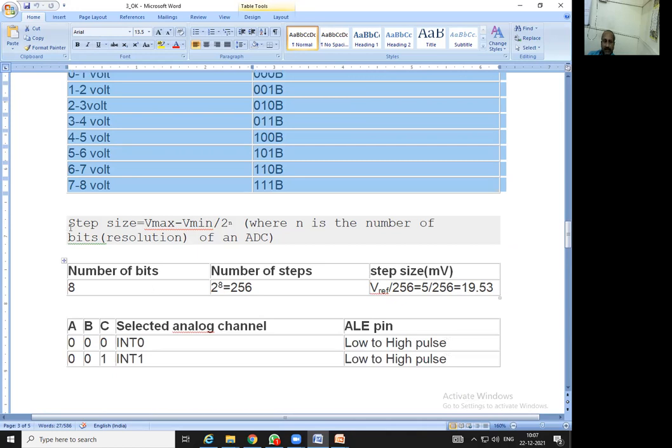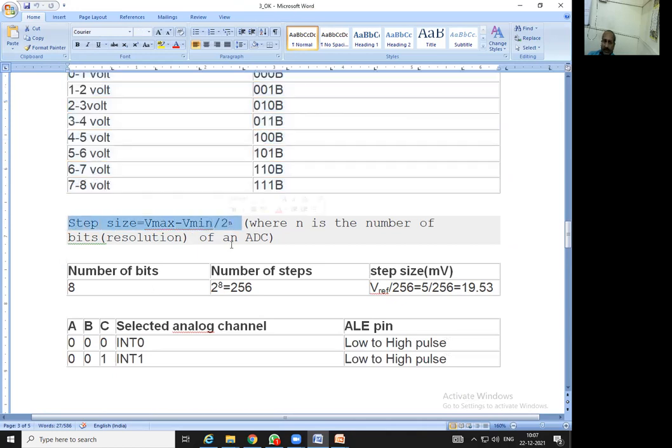Now the step size. The formula is here, so you can note it down. In an ADC, the step size is equal to V max minus V min divided by 2 raised to n, where n is the number of bits, that is the resolution. Depending on that, it is going to be decided.